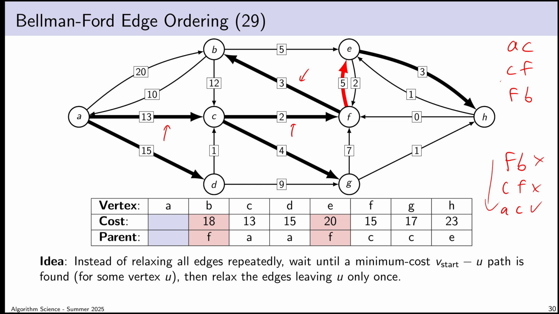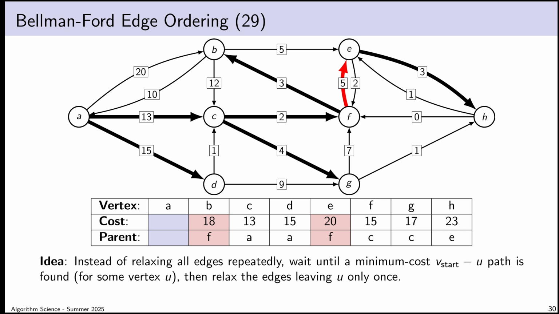Remember, though, that even if that observation holds universally, because all we showed was that it worked on this particular graph, a graph that I constructed for the sake of proving this point, a sort of rigged input to really show off this situation. Even if we could prove that in all cases, for every graph in existence, there is an ordering of edges that results in the outer loop finishing in one iteration, that by itself wouldn't be enough to get a faster algorithm, because we still have to find that ordering. And maybe finding the ordering of edges that works the best takes just as long as the Bellman-Ford algorithm.